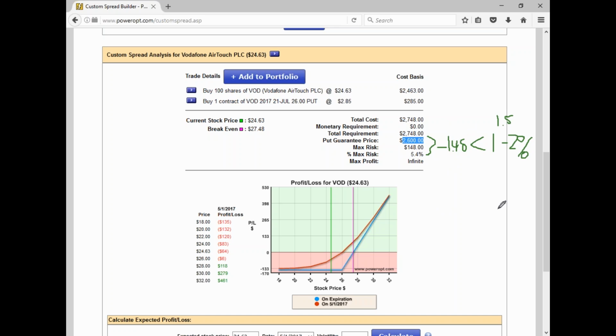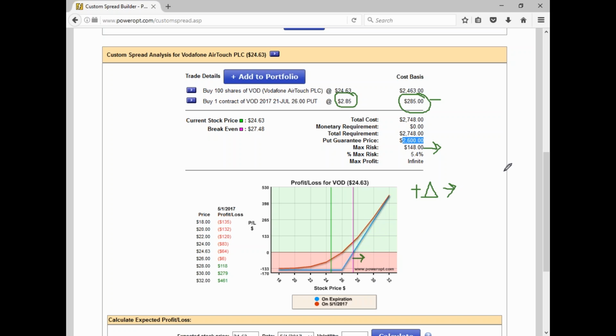Okay. Now, although I paid the money for this put option, I'm not down 285 when I open the position, and I'm not down 148 when I open the position. In fact, all I'm risking is the bid-ask spread. I could turn around and sell to close the put and sell to close the stock, and that's all I'm risking. We do have a positive delta on this position, so as the stock moves up, we'll gain a point on the stock,